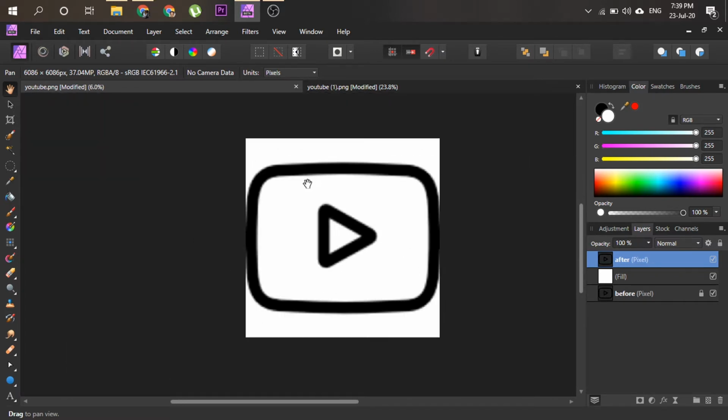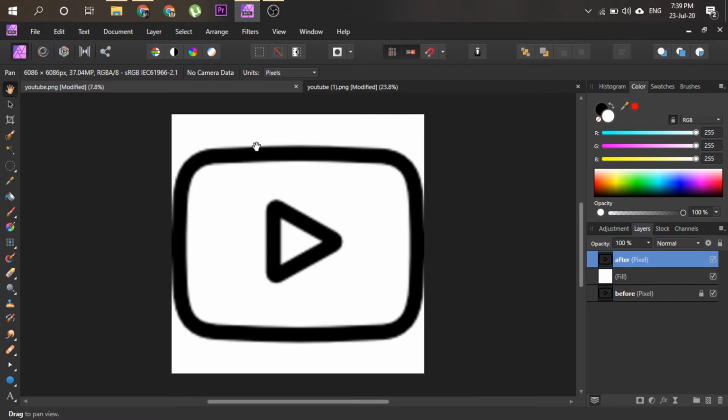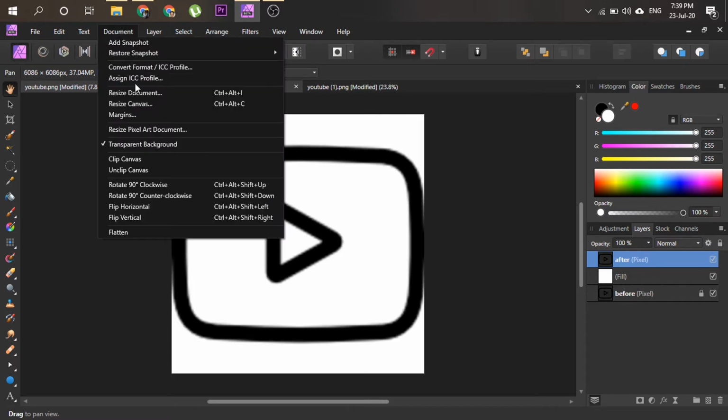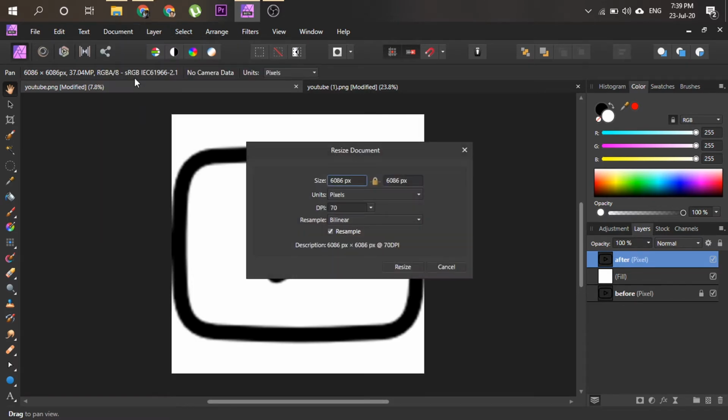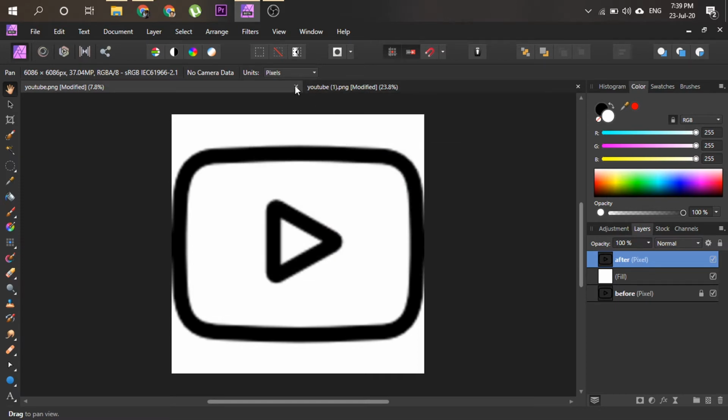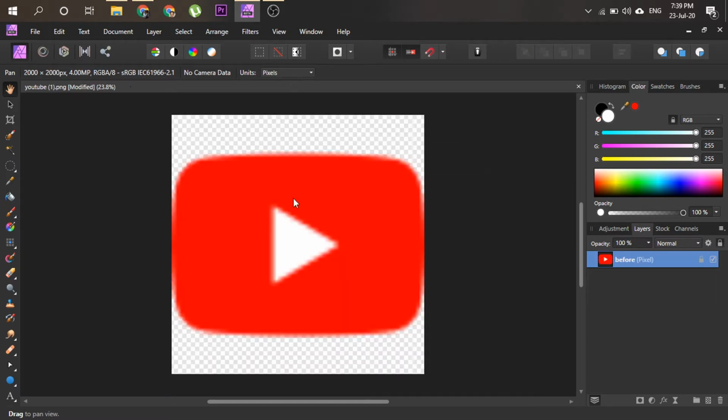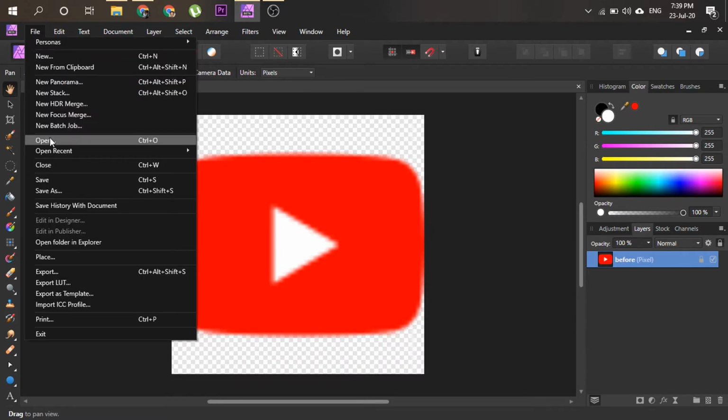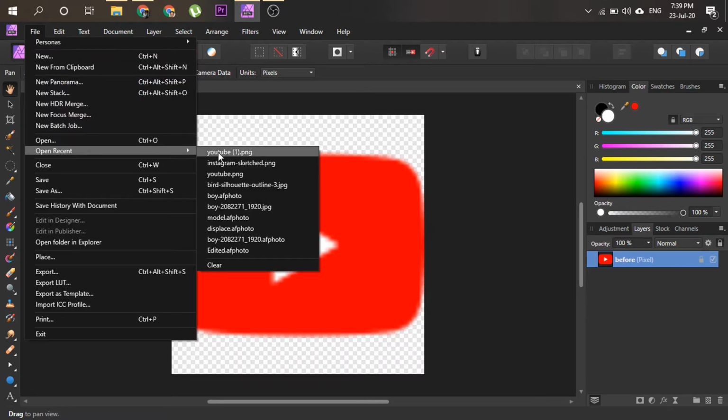So what we are going to do is increase the size of the document. So go to resize document, and I don't know why the resize document is showing this much size. So let me close this layer and open a new one, open recent and YouTube,